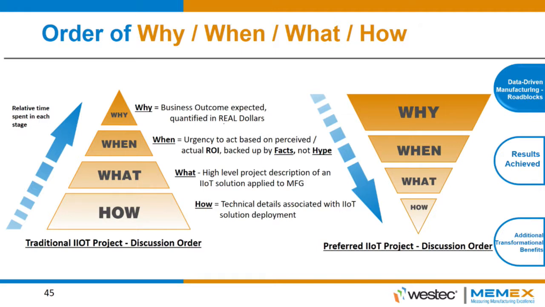So now, about 2 years ago, I changed our business strategy to say, let's talk about the why first, because if the why is not understood, the how is irrelevant. If we can't get the customer to envision a post-implementation landscape where they actually can see themselves reaping the benefits, then the project will never get funded, right? Management won't sign off on it, won't release the capital. So the why is the most important question that has to be answered first. I mean, why do this? Why go down this road? Because you're going to ask that question when you go to management and say, can you sign on my capital appropriation request? They're going to ask you, well, why are we doing this? What's the benefit to the company? You have to be able to quantify those in dollars and cents.